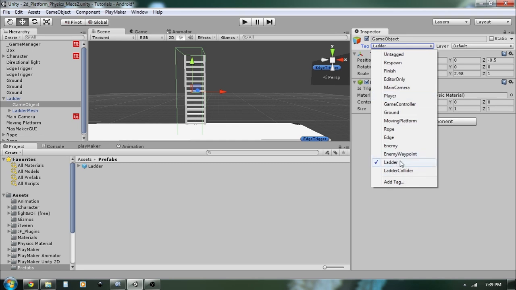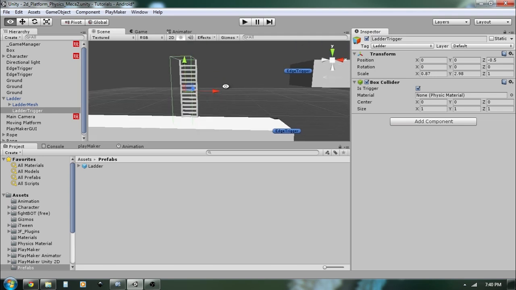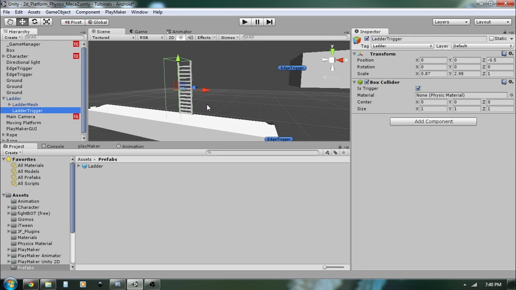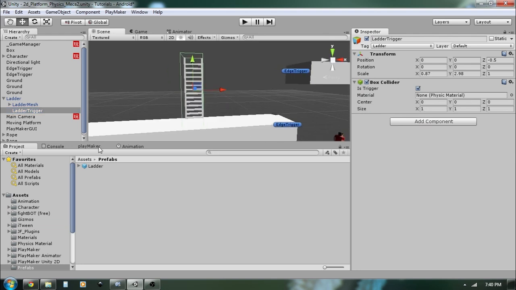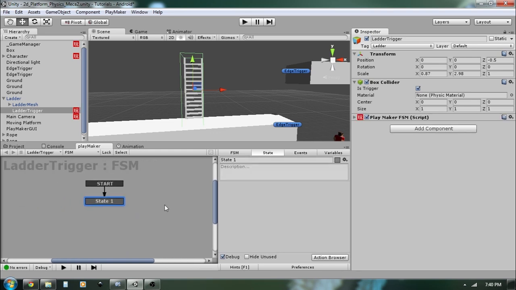I've created this tag beforehand, so if you haven't created this before, just click add tag and then add a new ladder tag for it. I thought I'd renamed the object, so I'm going to rename this again. Okay, we have renamed that. And then I'm going to go to the character. Oh, sorry, before that I'm going to create a new FSM for the ladder trigger. So just right click, and then here